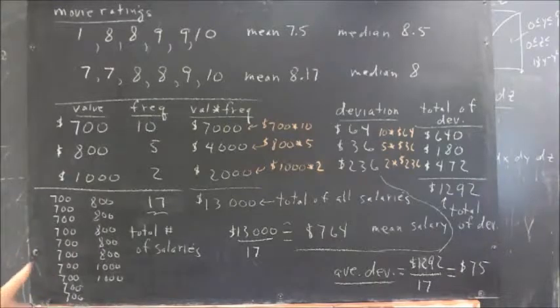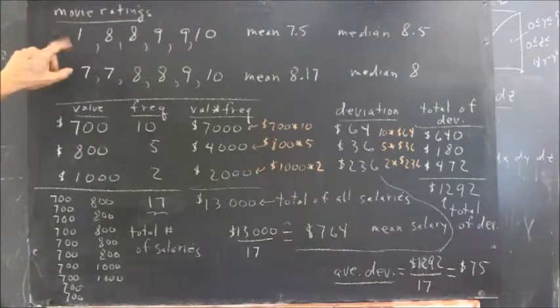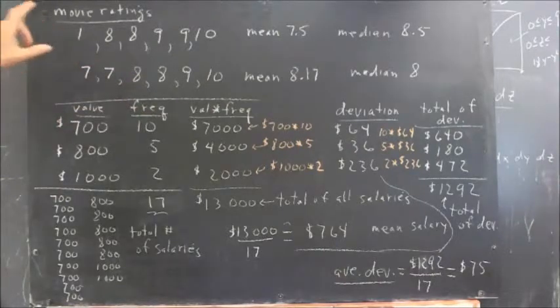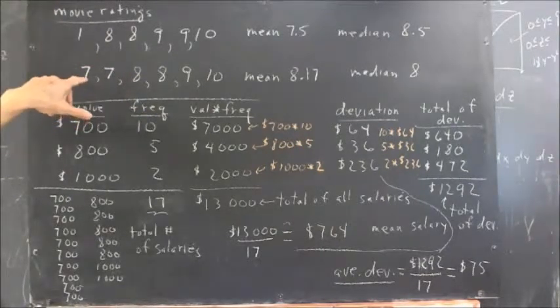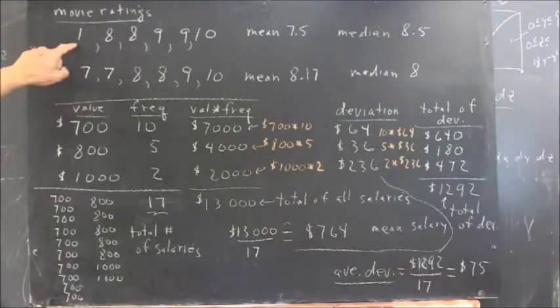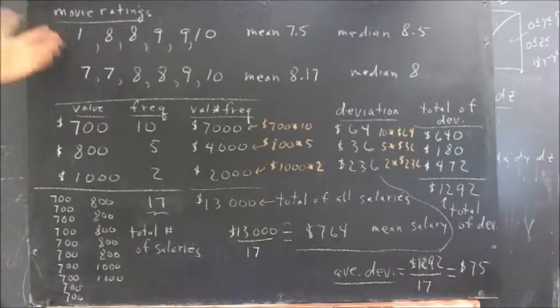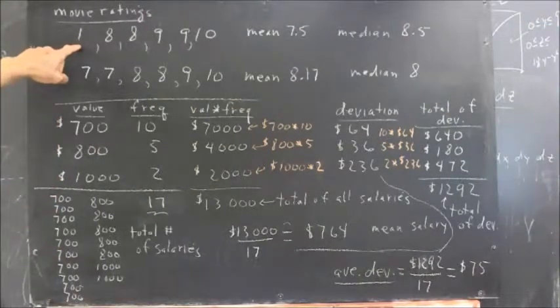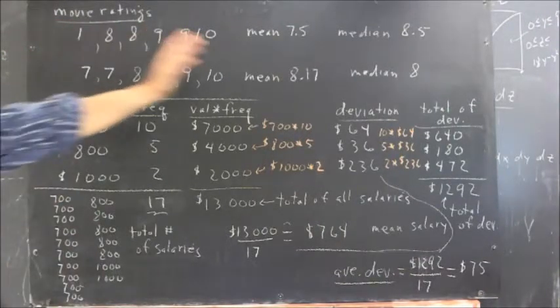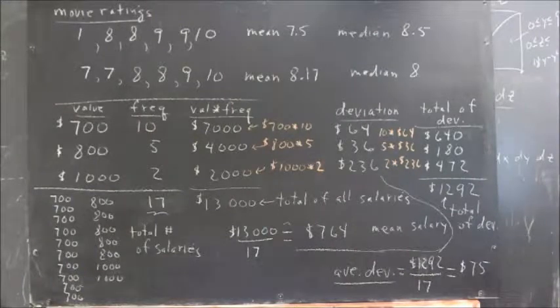Another way of looking at it is, how is it that one person out of 12 gives the movie a rating of 1 when the lowest rating given by anybody else is 7? I think maybe you have somebody that's having a bad day. Maybe their bonbons were somehow melted or something, and they were disgusted. So there might be something here that caused somebody to give a 1, but the bottom line is, if everybody else is rating the movie 7, 8, 9, or 10, you really are going to be fairly likely to discount